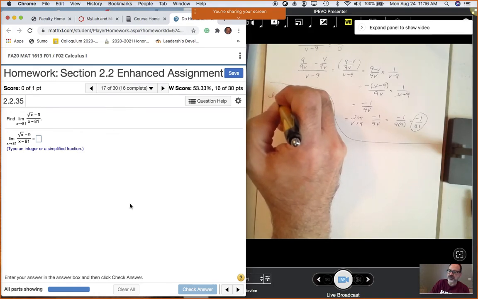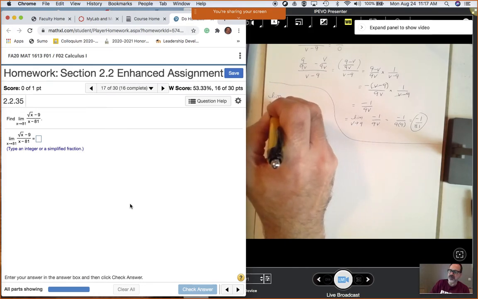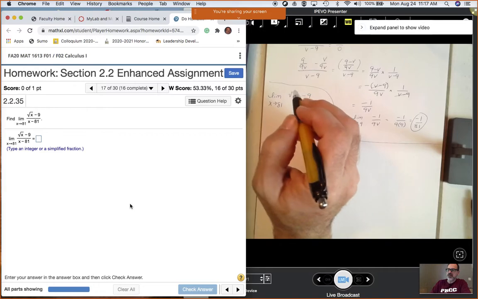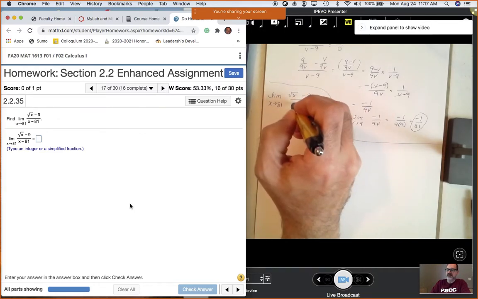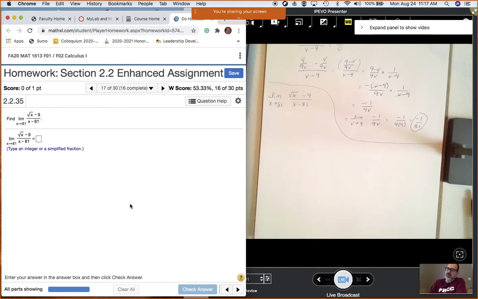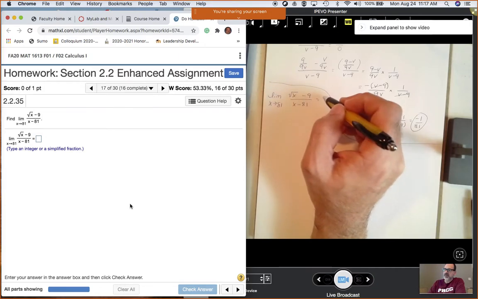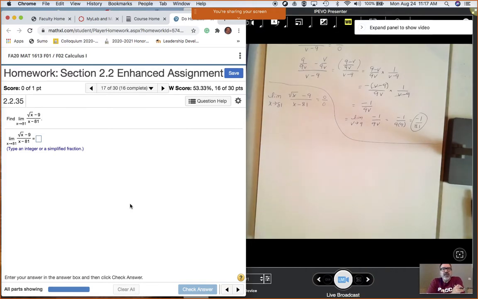Next one, we want the limit as x approaches 81 of the square root of x minus 9 over x minus 81. All right, obviously if I plug in the 81, I get square root of 81 minus 9 is 0, and 81 minus 81 is 0, so that's my indeterminate form again. How can I simplify this? I could multiply by the conjugate of the numerator, which is square root of x plus 9, or I could factor the denominator and pretend it's the difference of perfect squares,